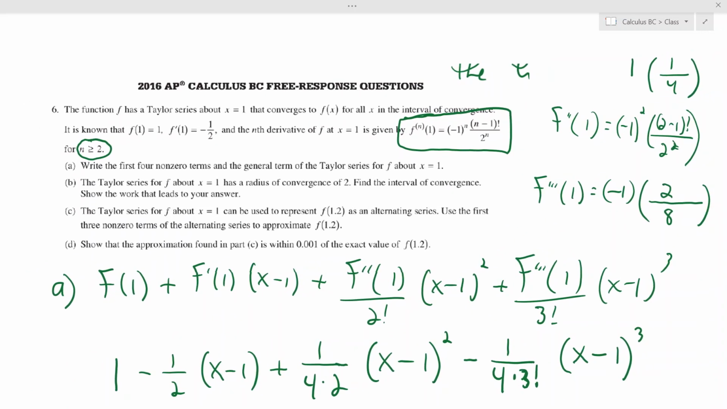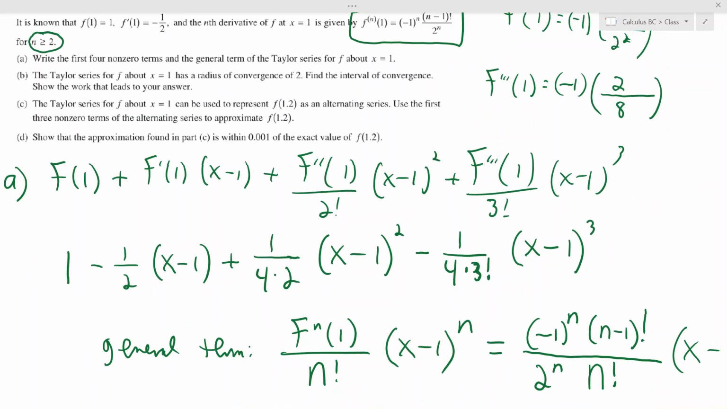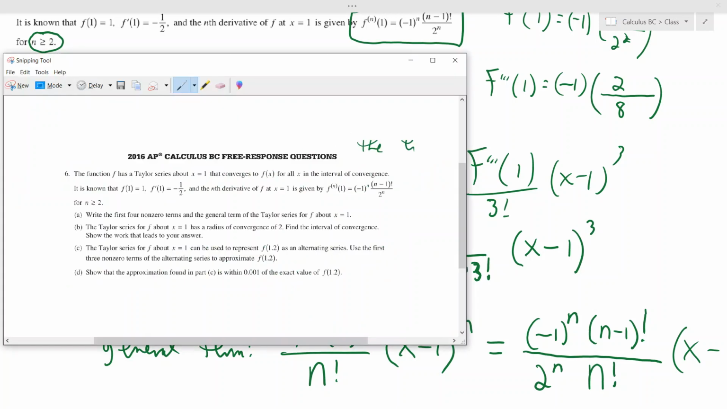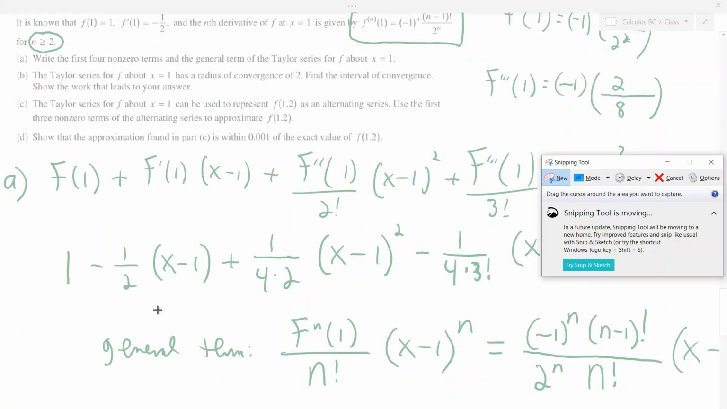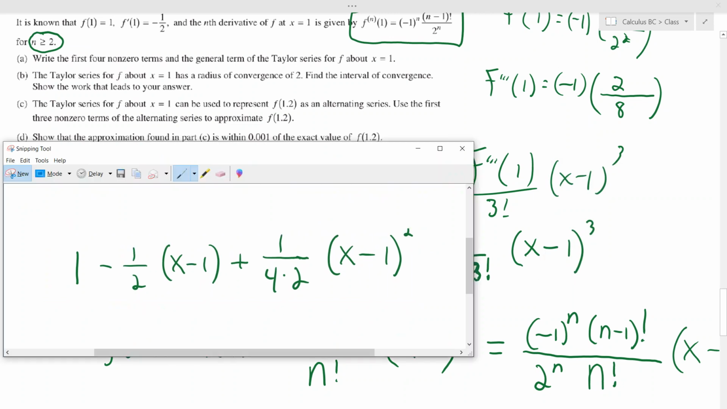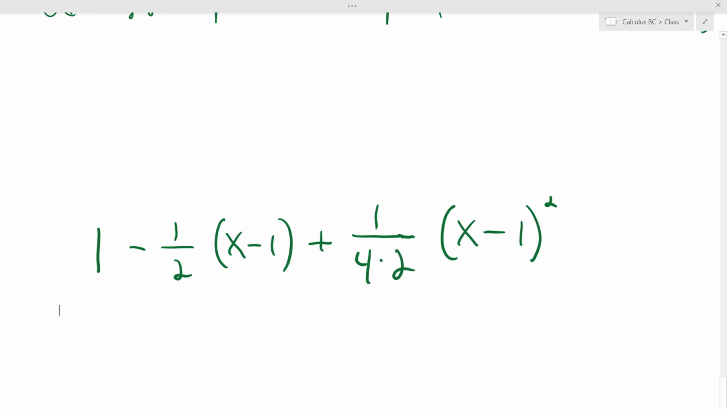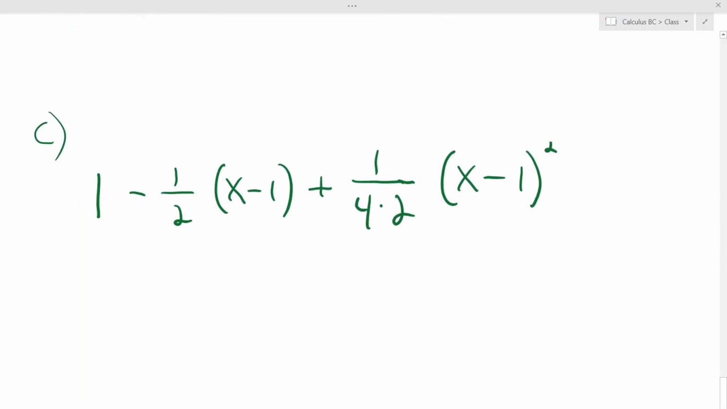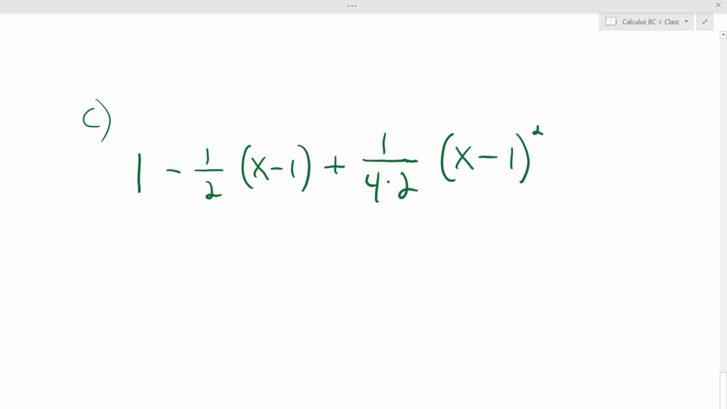The Taylor series for f about 1 can be used to represent f of 1.2 as an alternating series. Use the first 3 non-zero terms to approximate f of 1.2. So all that means is we're going to plug 1.2 into the first 3 terms, which goes up to the squared thing, right? So to be super lazy, look what I can do. That's the first 3 terms right there, right? So part C is just that, except we want to put a 1.2 into there. Put a 1.2 into that, you get 0.2, which, fractions are easier,